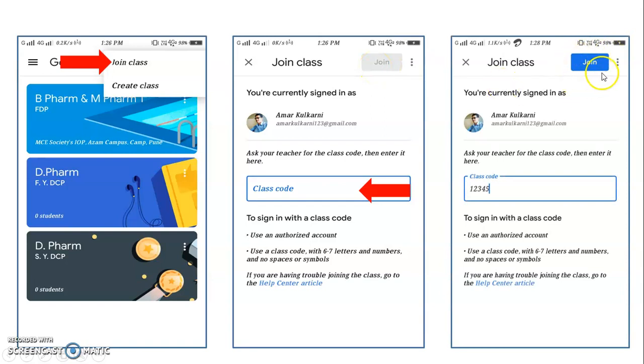Just see here. If the class code is not correct, this button will not be blue. After that, you just click on the join button and you can join your class.